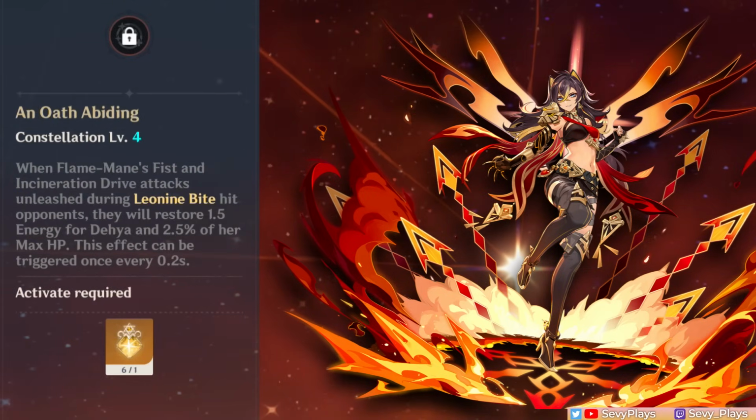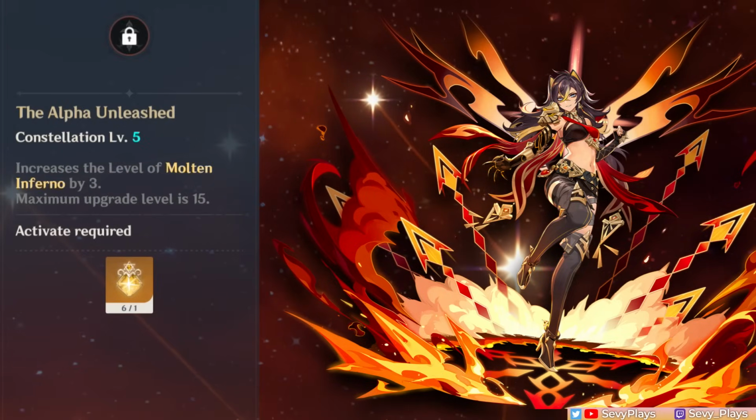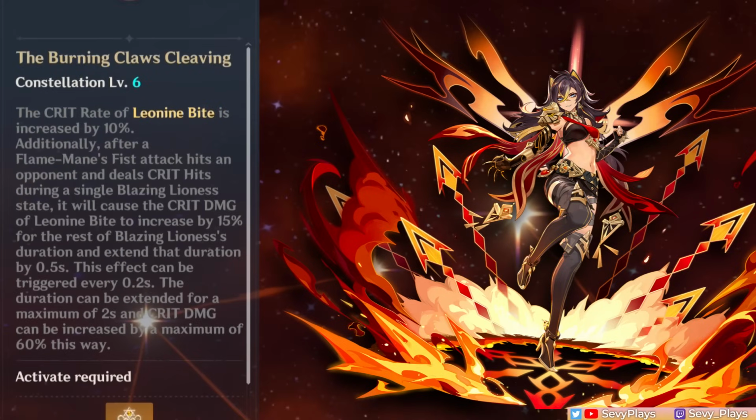C4 lets her burst hits now regenerate energy and HP for herself. This is a very welcome quality of life improvement that makes her more self-sufficient. C5 increases her skill level by 3, and C6 increases her burst crit rate by 10%, then increases her burst